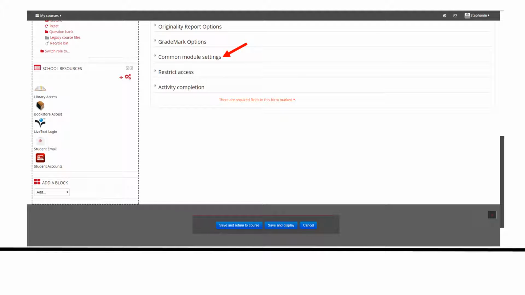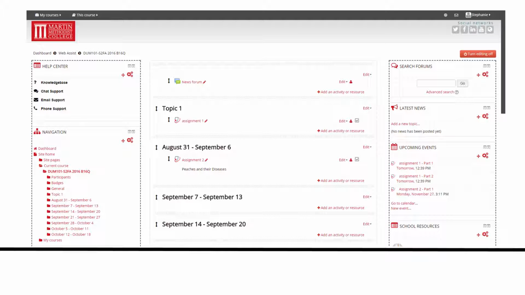Common module settings, restrict access, and activity completion are all Moodle settings that do not talk to Turnitin, so they will not be covered in this video. When you are done, click Save and return to course. On the home page, it indicates that a Turnitin assignment was created for the week of August 31st,